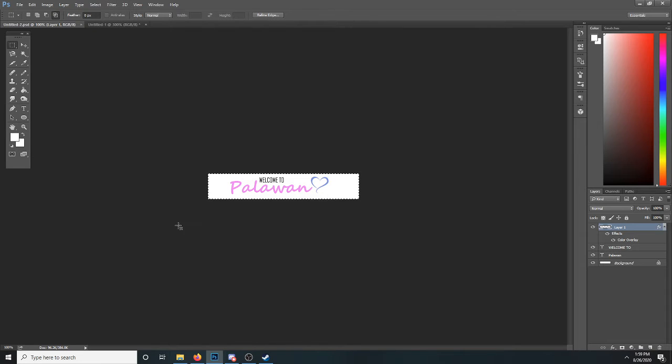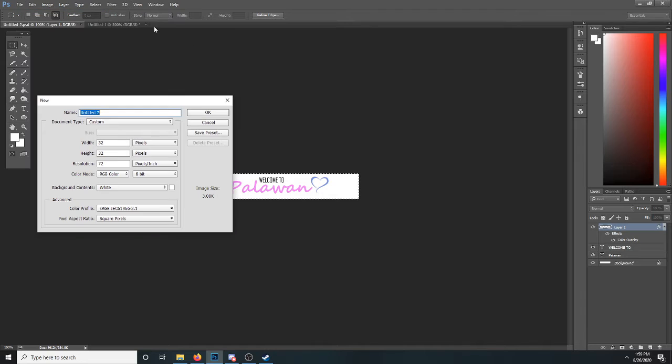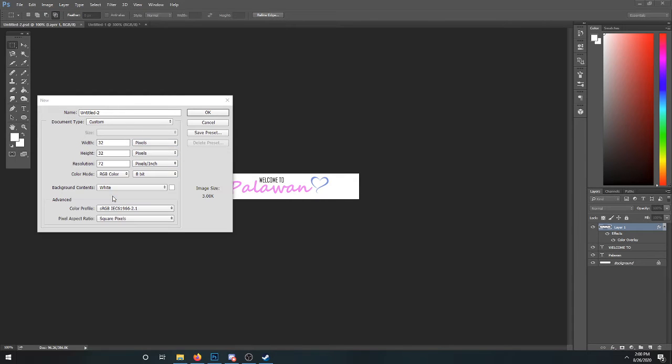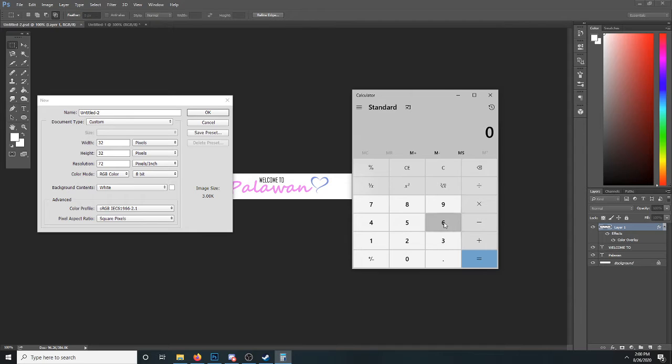pixels. So first of all, what we want to do is create a new canvas, and of course we want to work in pixels. So we're going to take our calculator. You don't need a calculator if you're good at math. But basically we want to make this 6 squares wide to make this work with the font. Usually I go 4 spaces because it takes up only 4 squares, but in this case we're going 6 because of how long this font